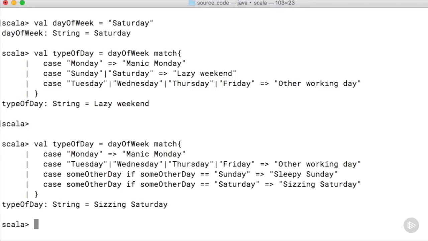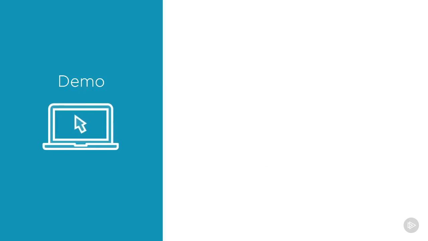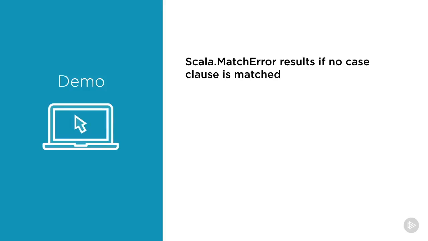Scala is smart enough to understand that what we would like is to have that variable some other day take on the value of the matched variable day of week. That value binding in the variable some other day is now available for use in the condition in the pattern guard. As we've already seen, if no case clause in our match expression happens to match our pattern, well then